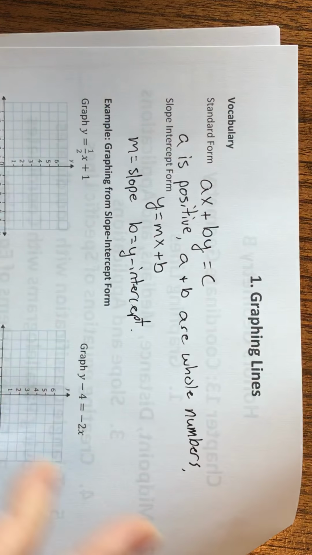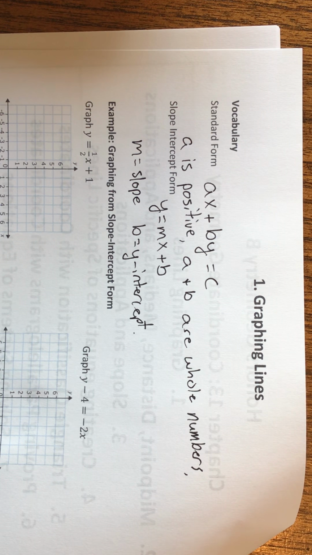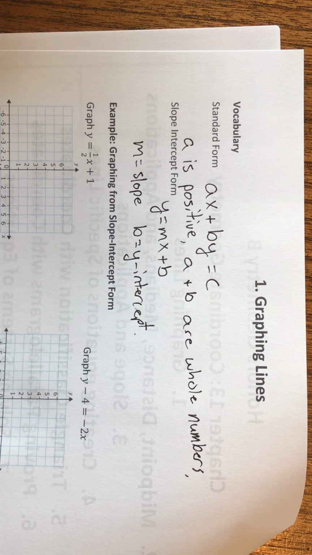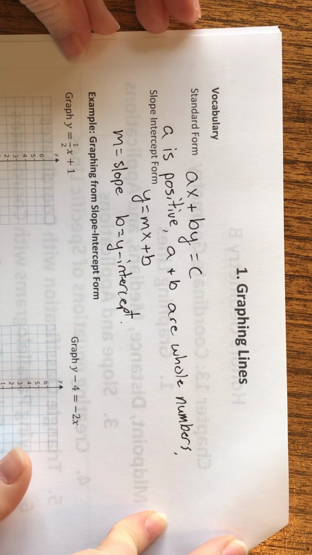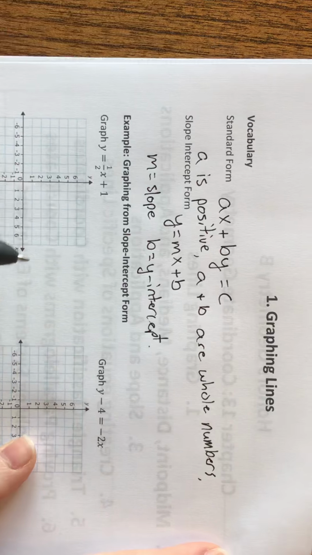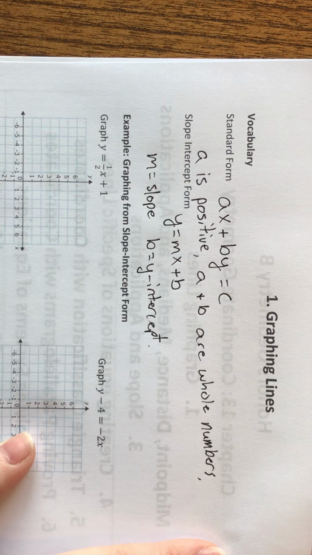So we're going to start really slow and really easy today. This is stuff that you should be able to do probably with your eyes closed. But I wanted to reintroduce you to it because we're on a bit of a break right now, and I want to make sure that everybody's kept up to the same level. So first of all, we're going to graph from slope-intercept form, so just graphing from y equals mx plus b